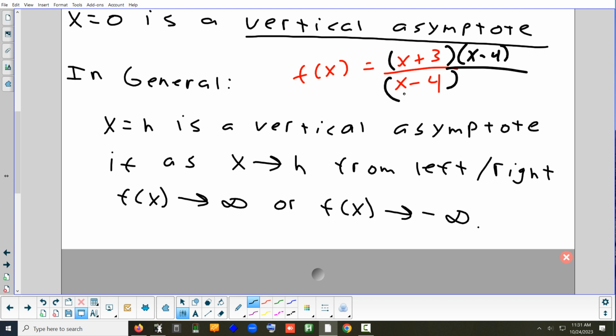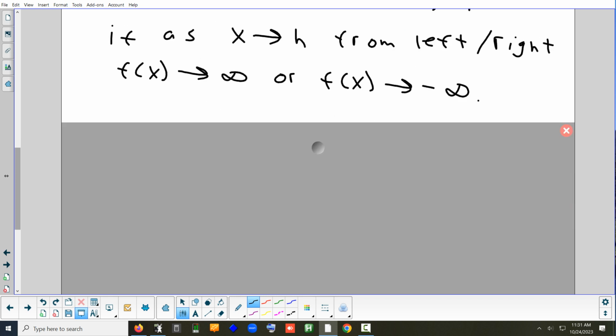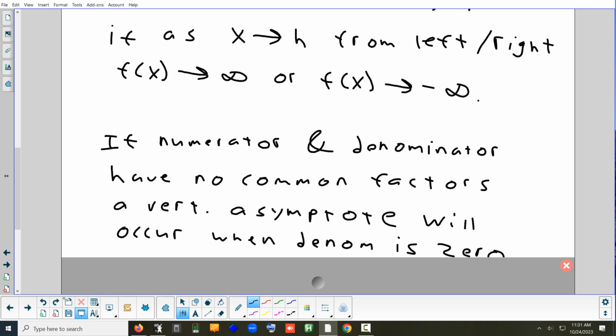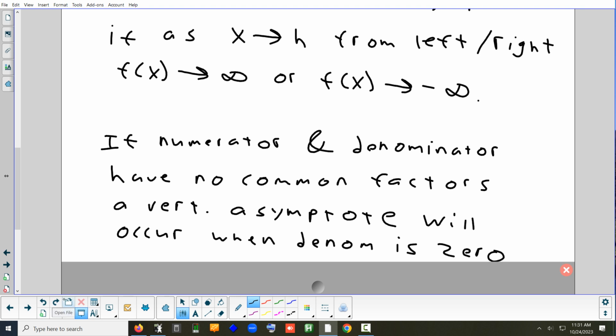vertical asymptote. It means it could be. Once you find a value you can't use, then you have to check if the top and the bottom have a common factor. If there are no common factors, you will have a vertical asymptote. So that's very important. If the numerator and denominator do not have a common factor, you'll get a vertical asymptote where the denominator is 0. If the numerator and denominator do have a common factor, then you will get a hole at that number instead